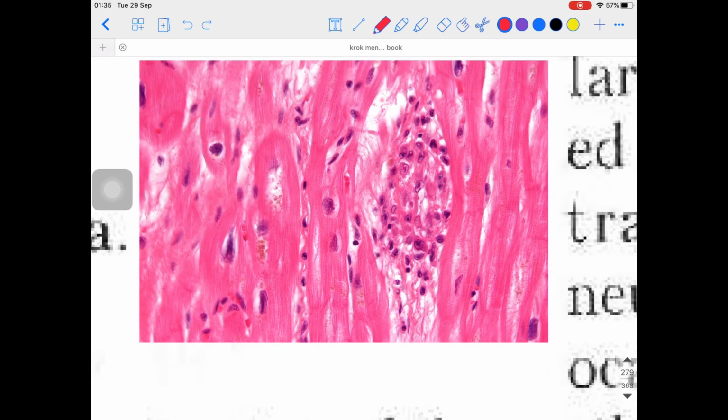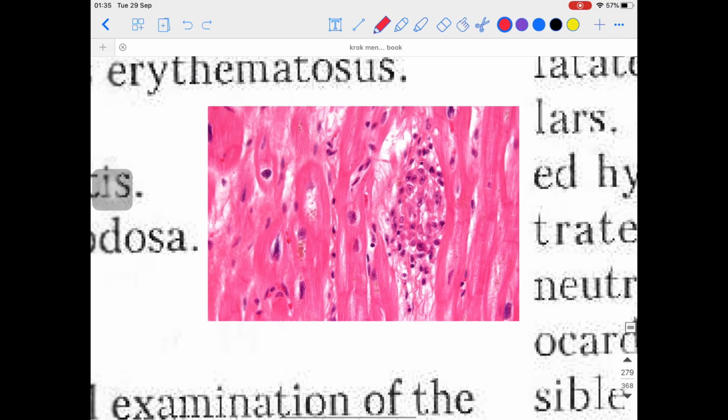These appearances are like a caterpillar. You might have seen a caterpillar. So these are like the caterpillar, and we call them Anitschkow cells. I will be showing you those kinds of cells as well, but please remember over here how the Aschoff body looks. So this is the appearance of the Aschoff body over here. So these are the cells which I will be finding.